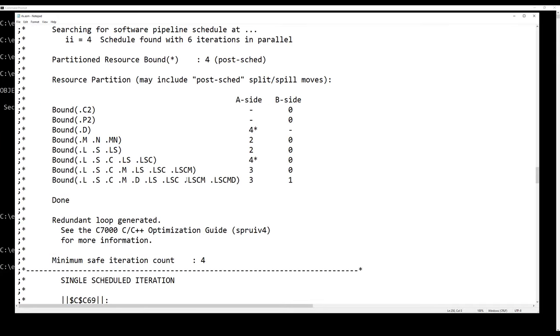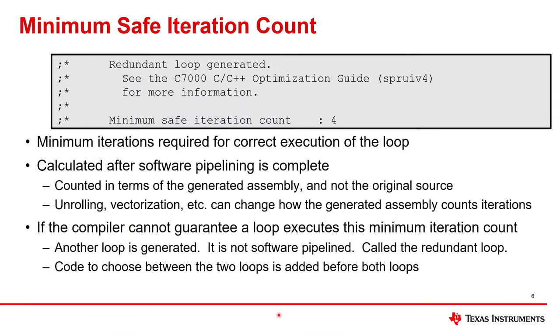And I want to focus on, I've already showed you this line about the redundant loop. Now I want to focus on this line, and let's talk about this a little bit. The software pipeline feedback shows the minimum safe iteration count, which is the minimum iterations required for correct execution of the loop.